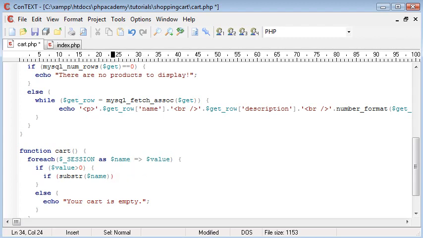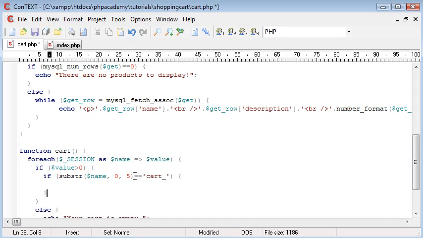So if the substring of name, and we're taking 0 to 5, so we're saying from the C to the end underscore, that's 0, 1, 2, 3, 4, 5. So we need to check that that equals cart underscore, then we do something, and we don't really need an else here. There's nothing really that we need an else for,